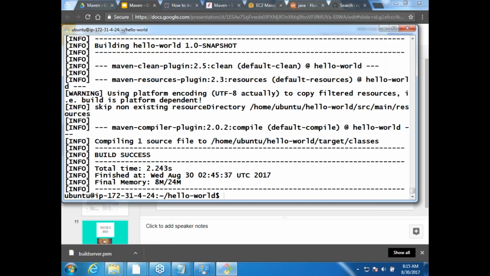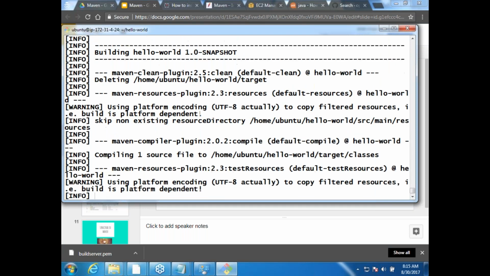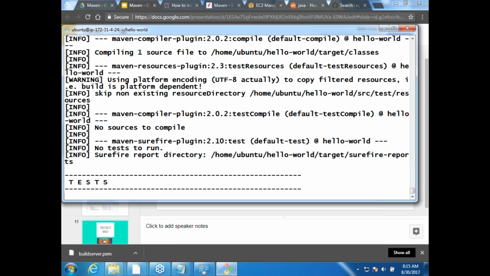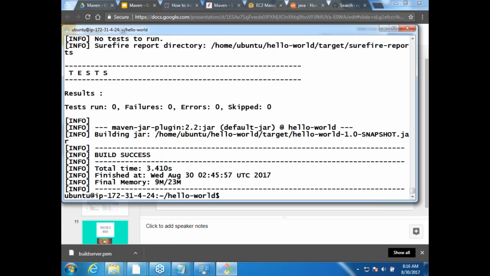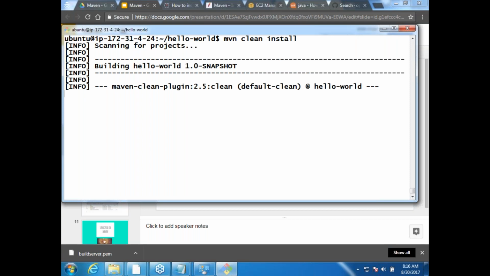Similarly, I can just say mvn clean package. So you can combine these things also.